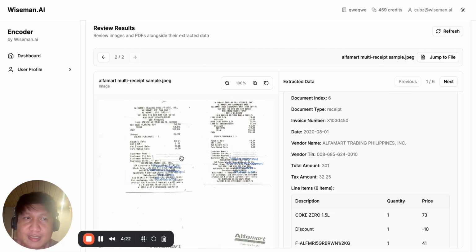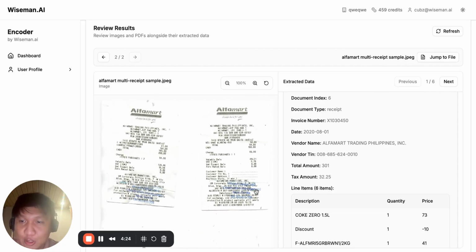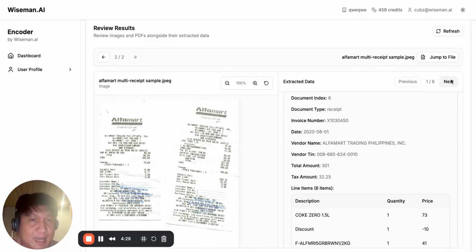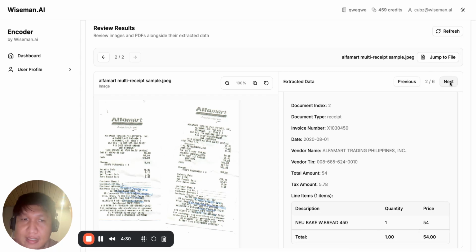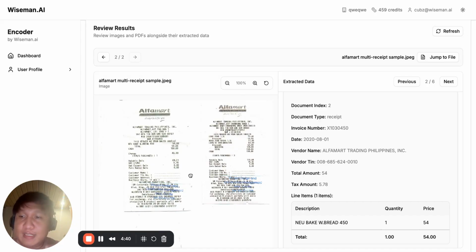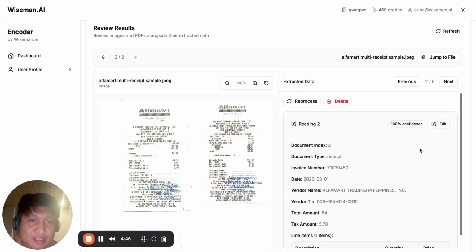And I have here six invoices that contains a lot of information, and then from there, we were able to extract the fields that you have requested from your instruction in the workflow. So by the way, this is AI, so of course, not everything is correct. So of course, you still have the chance to edit